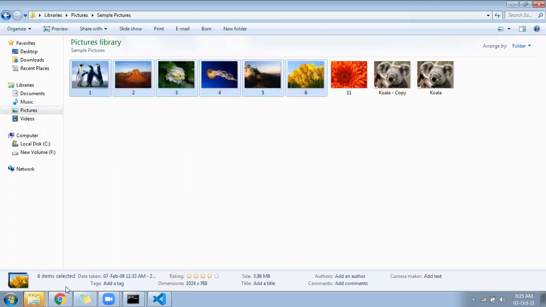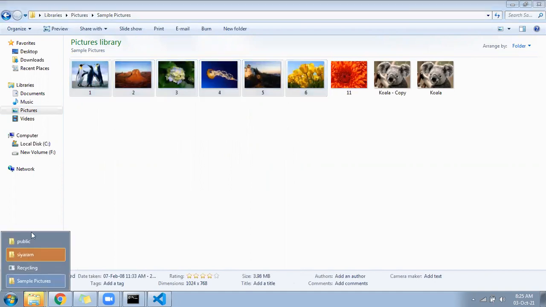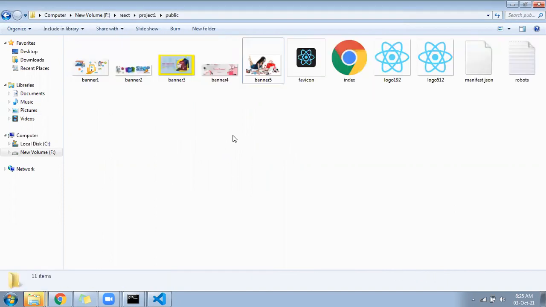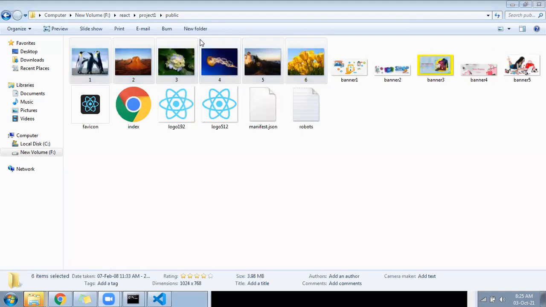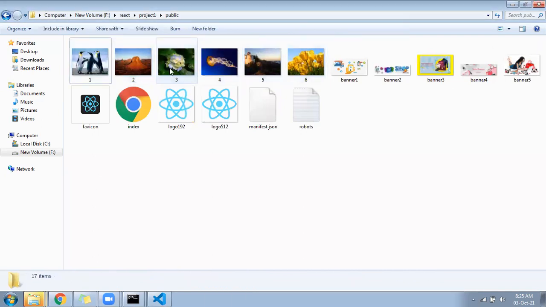These photos I'll keep there for now. 1, 2, 3, 4, 5, 6 photos we kept here.